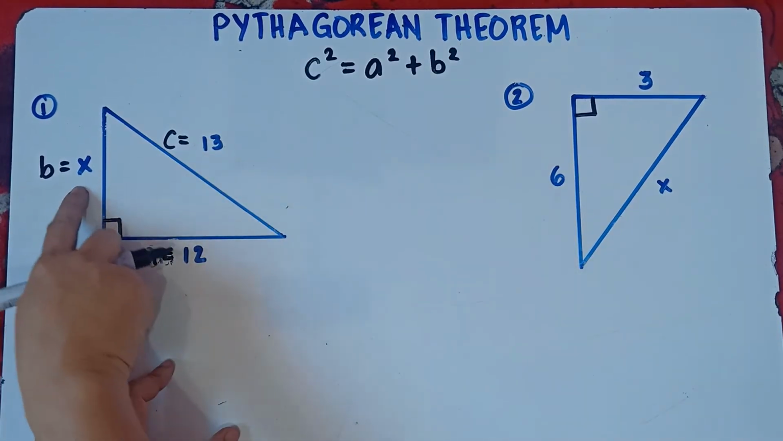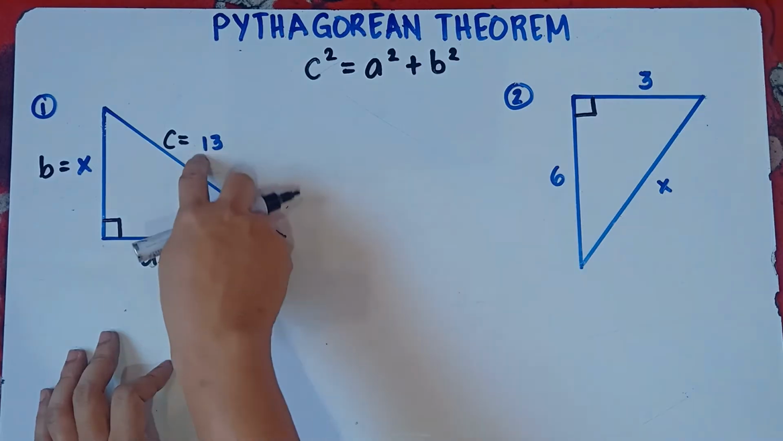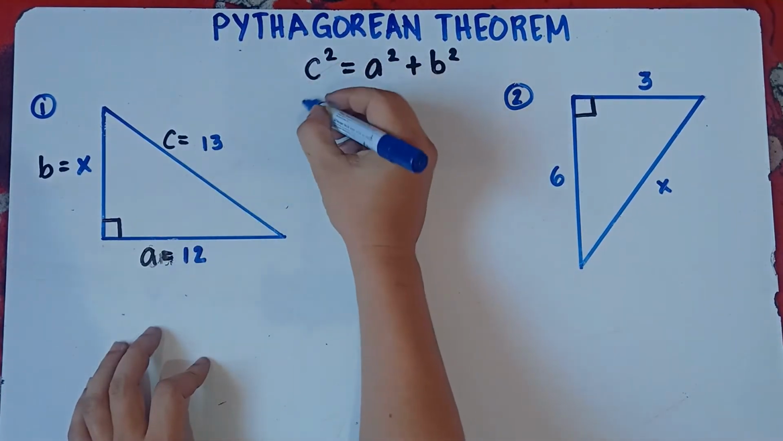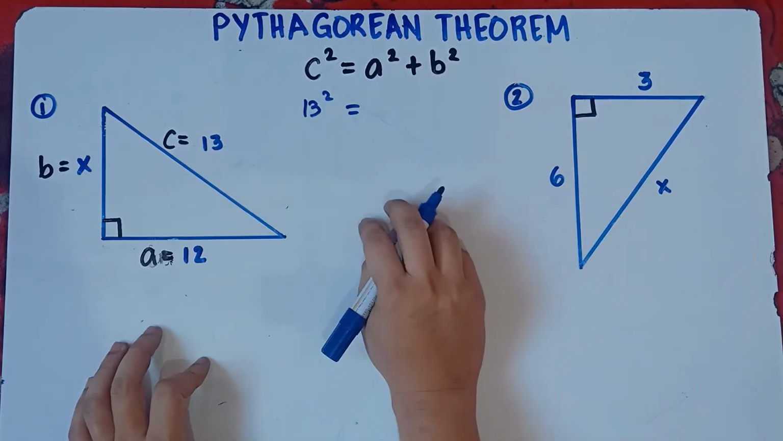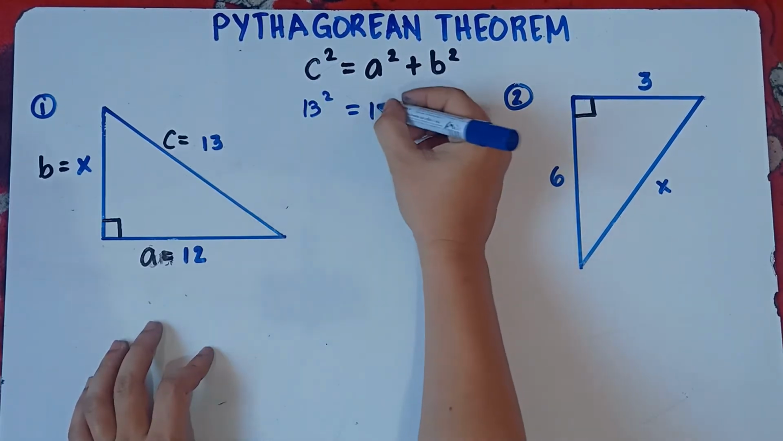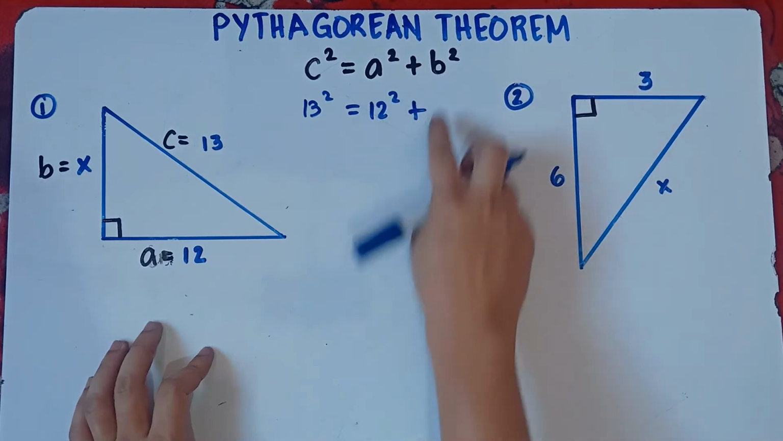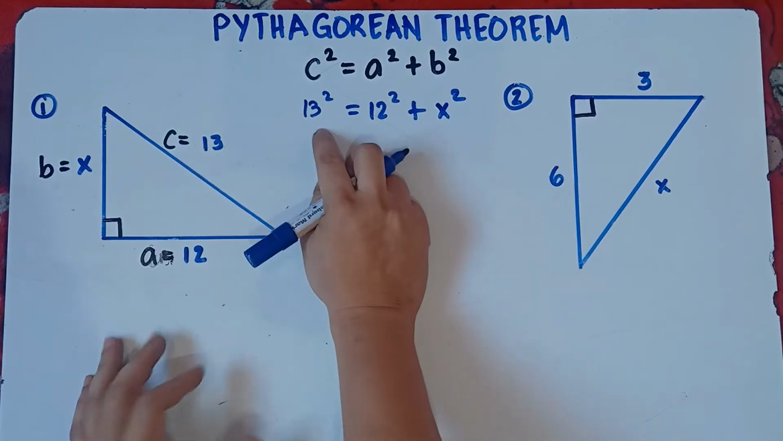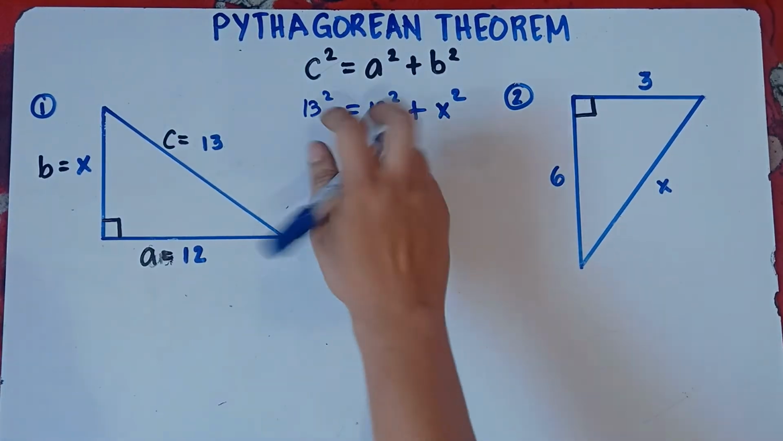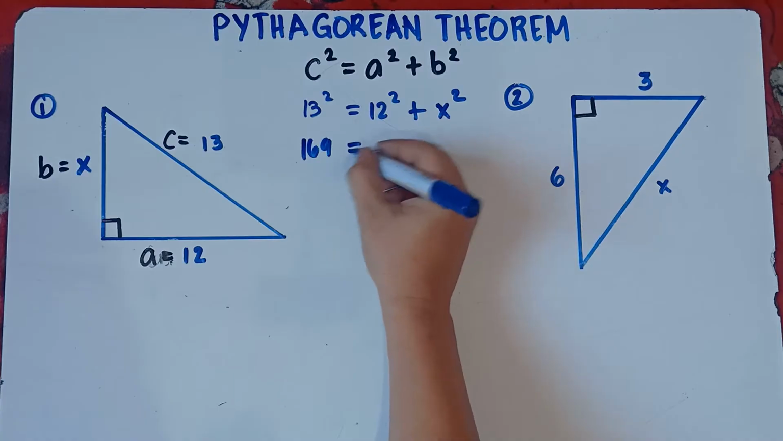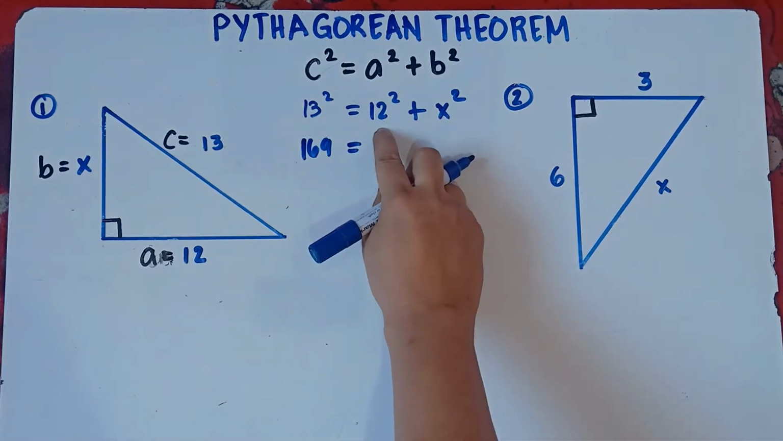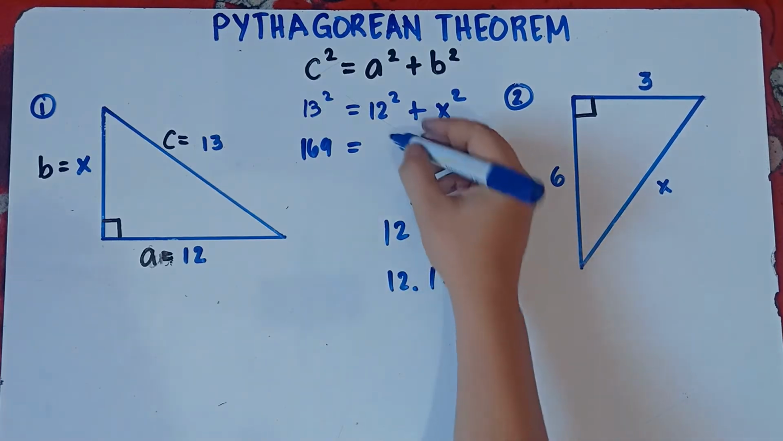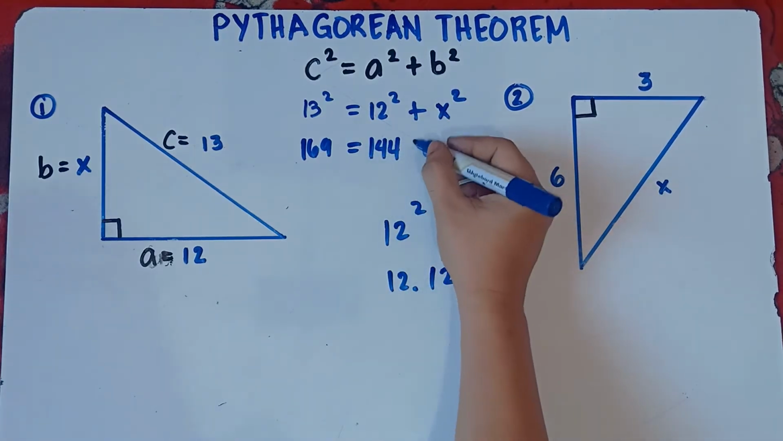Once again, B is equal to X. This is our A, that is 12, and our C is 13. Substitute, class, the value. So, C is 13. So, 13 squared equals, our A is 12, so 12 squared plus our B is X, so that would be X squared. So 13 squared, it means 13 times 13, and that would be 169 equals 12 squared, it means 12 times 12, and this will be 144 plus X